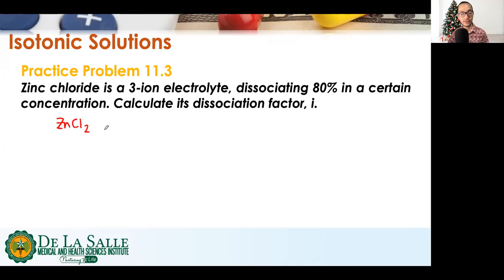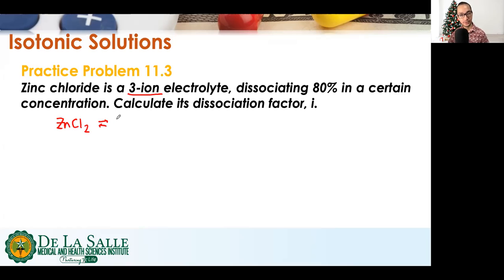Don't worry, you will not have to memorize formulas of chemicals. I will be providing you with the chemical formula, and I will also be mentioning how many ions they will dissociate into, because I understand that not all of you have a good background in general chemistry or in organic chemistry. This subject is not essentially chemistry, so I will be giving you the formulas of your chemical compounds.